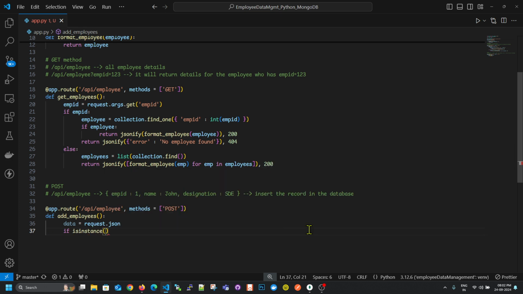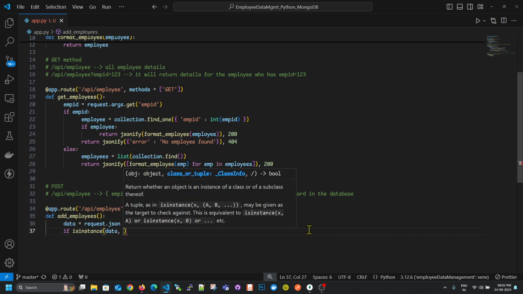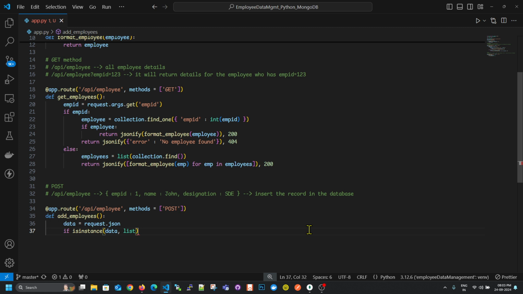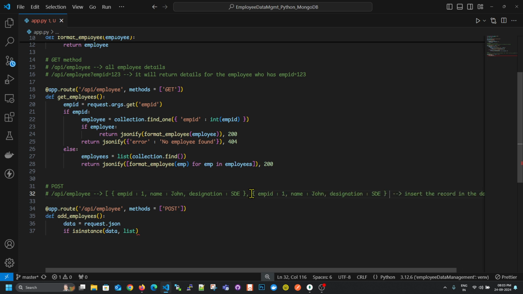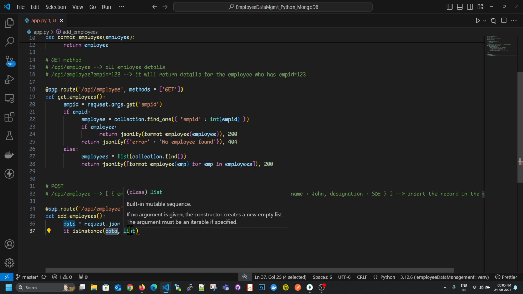If isinstance data comma list, it says that, see, if we are entering only one employee details, we can write with the curly braces, right? But if we want to enter multiple employee details, then in JSON we have to bind them in a list format, correct? Like that. So that's why I have first asked our code to check if the data which user is entering, it's a list,